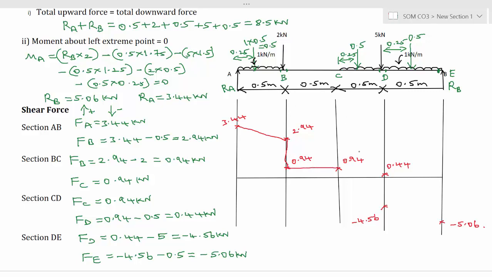And in between C and D, UDL is acting. So it is an inclined line. Further it is reduced. And between D and E, it is subjected to a UDL. So it's inclined. So here, the point of contraflexure is at the point D. So we don't need to calculate the point again because we already know the distance. So the shear force is 0 at the point D. So you will have the maximum bending moment at the point D. In the previous problem, we calculated the point of contraflexure individually. Here you don't need to calculate because it is at point D. Okay. So this is the shear force diagram.